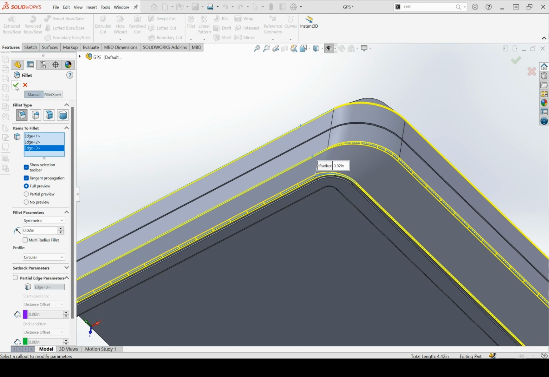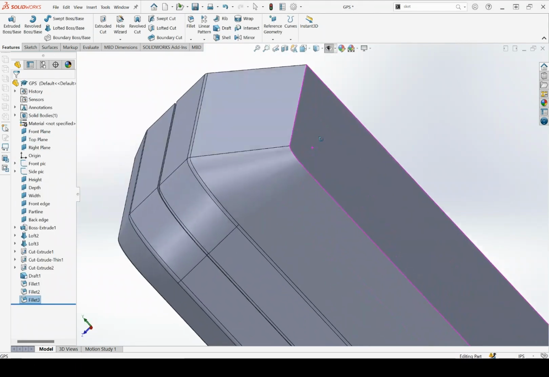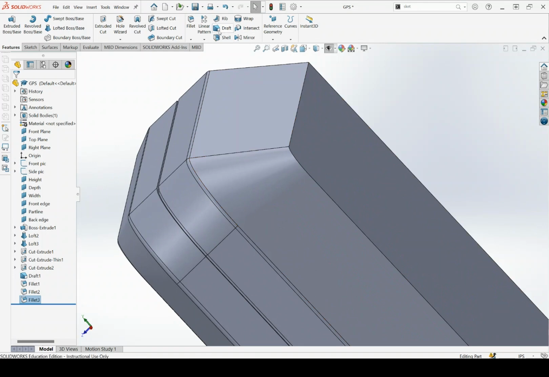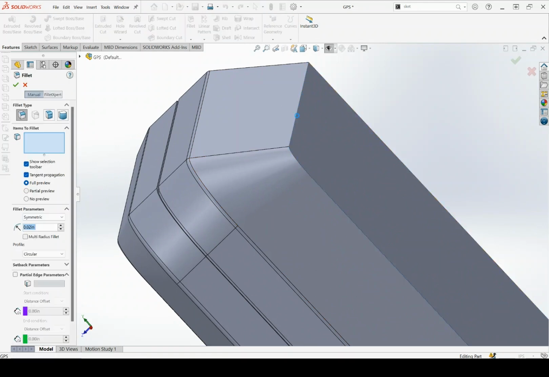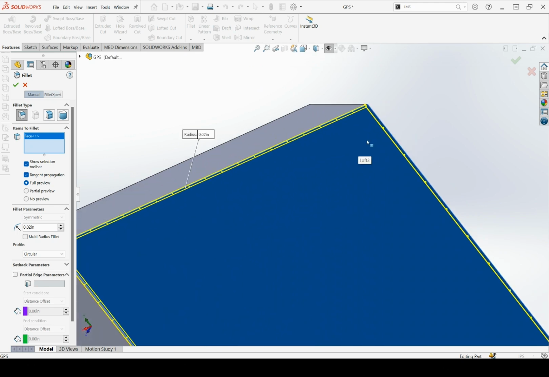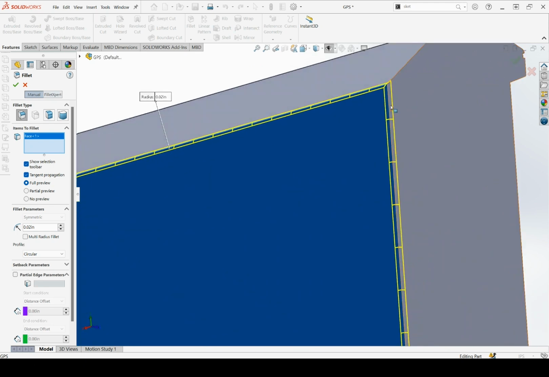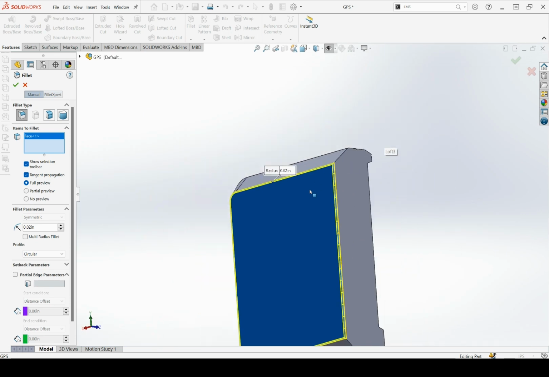And I'm going to press check. And then last, I want to add a fillet back here on this kind of sharp edge. Oh, so see, I clicked in the wrong place. I wasn't being careful. I clicked face 1. And that's going to fillet also this, which is going to give me a problem because I'm going to be